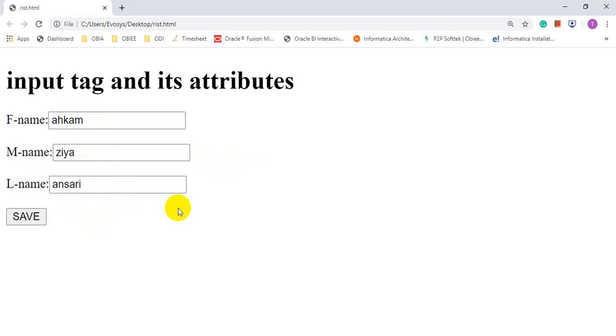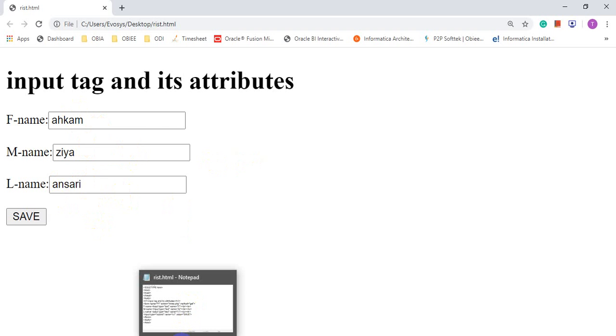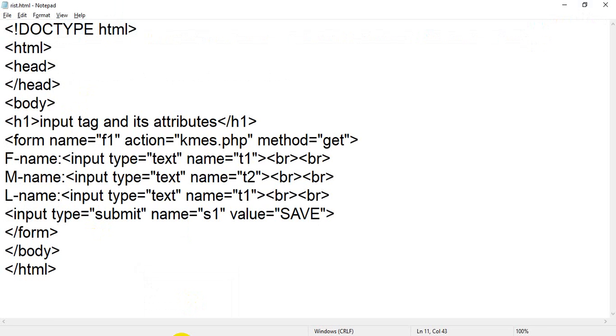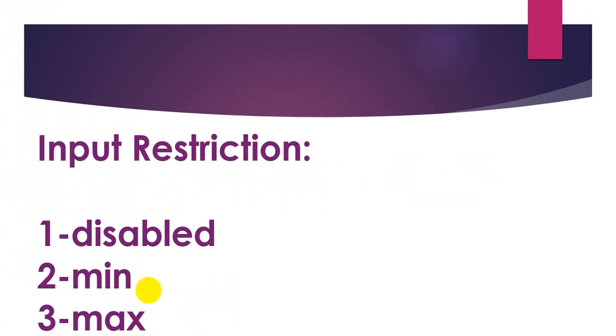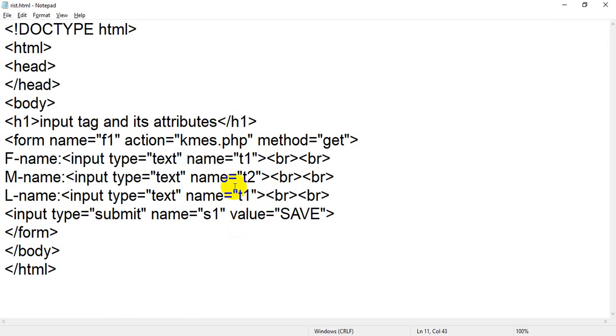Now what we are going to learn today, first we will see disable. First we will see disable as an attribute, a restriction. So I will show you. For example, I don't want to accept last name or middle name. For example, middle name. See here, student, please pay attention.